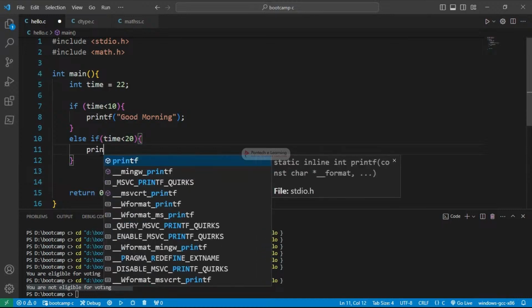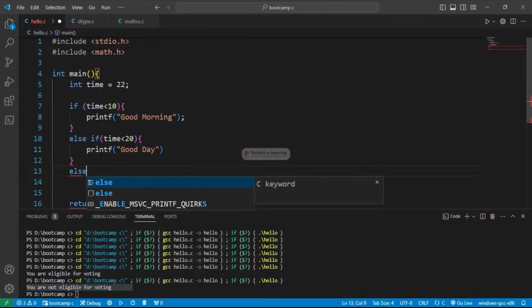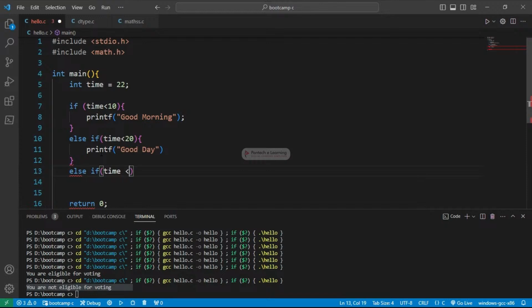If that condition becomes true, then it goes into this part, which is good day. It's daytime. You can have another else if, for example, less than 20. This 20 will change into something like evening, 4 or 6, that's around 18 or 16. Let us have it as good day. So if the time is less than 20,